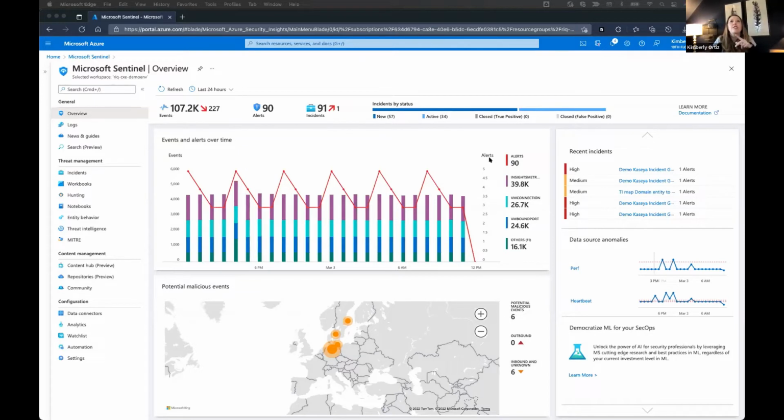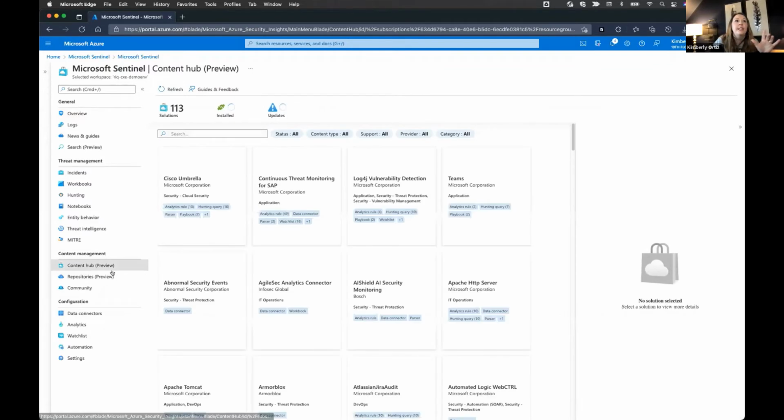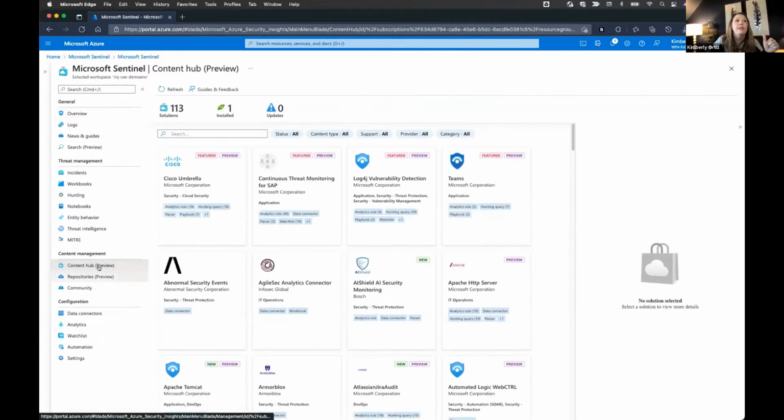And before I actually get going, I'm going to show you where you can find RiskIQ playbooks to install in your own workspace. So if I click right here on Content Hub, and just a quick note with this, when you see the preview designation next to anything, that just means that there are additional terms surrounding the feature, but basically it's provided as is and may be subject to change, but that doesn't matter for now.